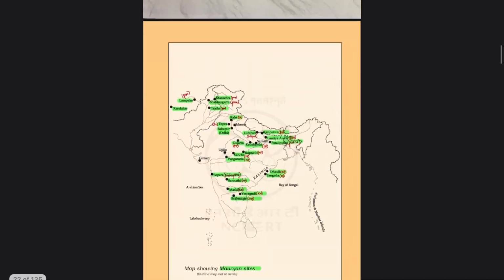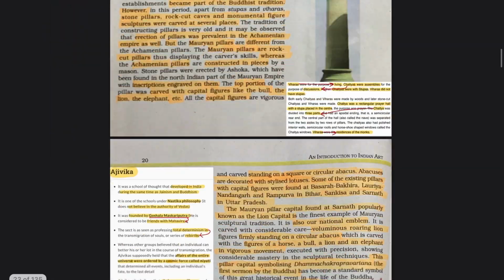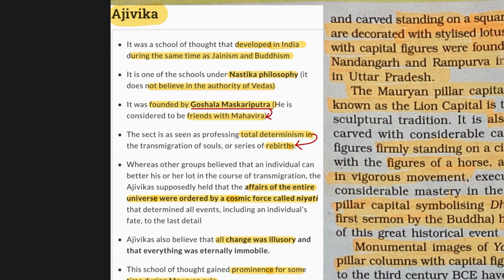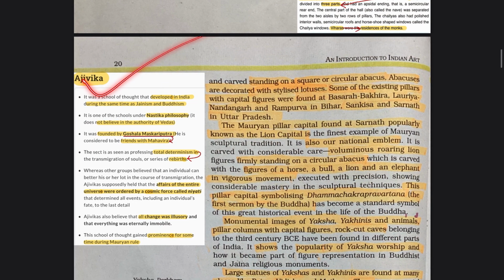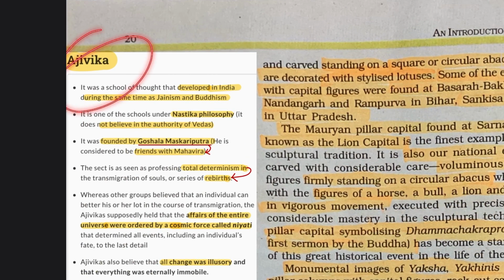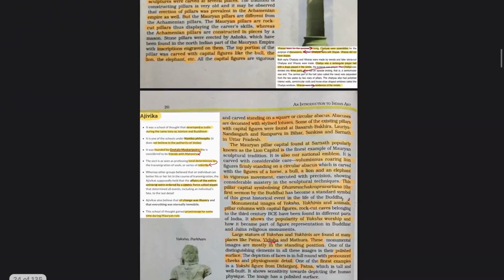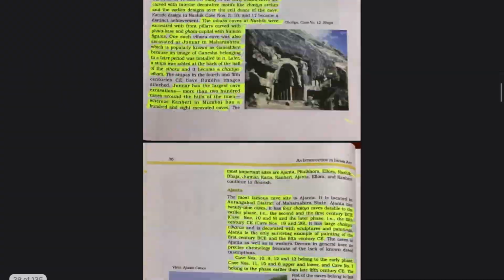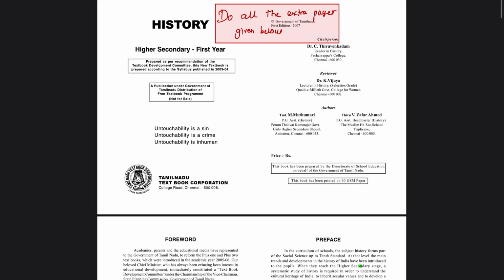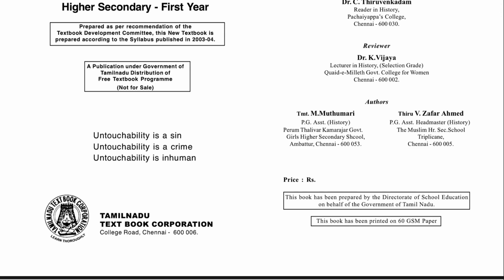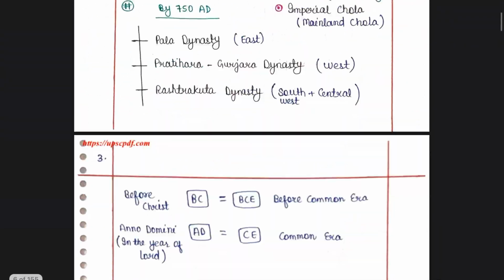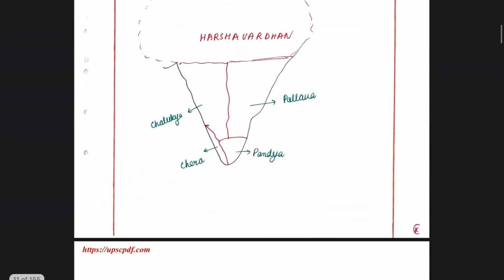Similarly, this is the fine arts NCERT. Wherever I felt the information was lacking, for instance on Ajivika, where there was no elaboration on this topic in this NCERT, I did a Google search, added this data and also highlighted it, so that it helps in revising in the end. Similarly, we have the Tamil Nadu Board NCERT, which covers both ancient history as well as medieval history. This is a very short, sweet and comprehensive book.